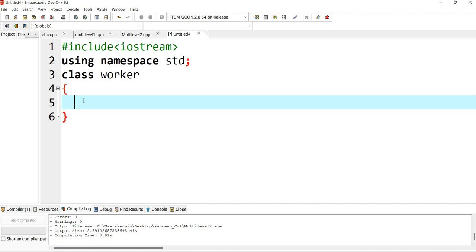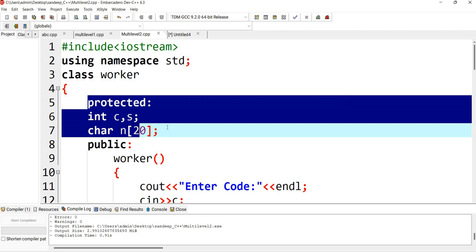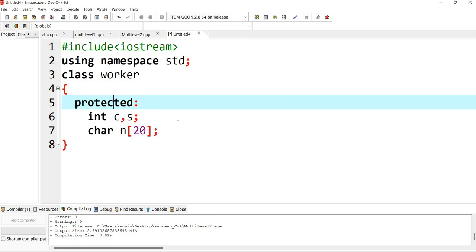So before that I'll declare those values. Here I have declared them as member variables. So I'll just write here: code, name and salary.